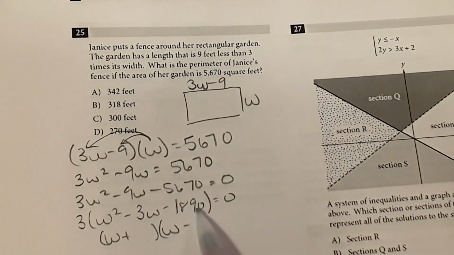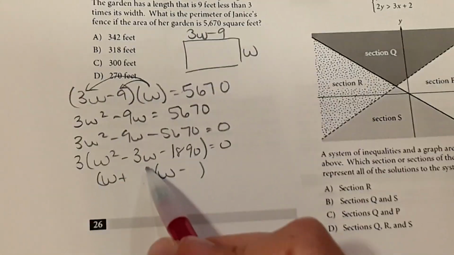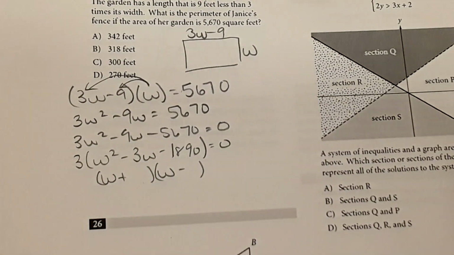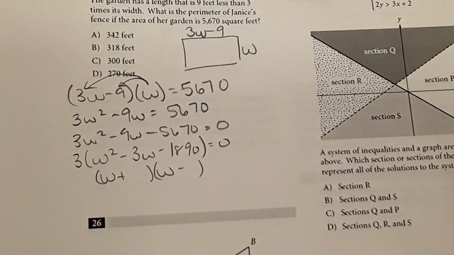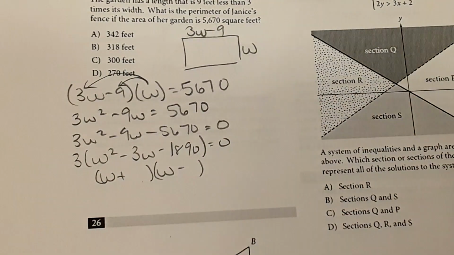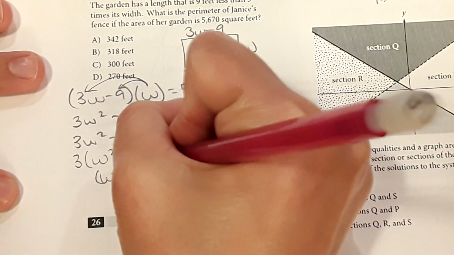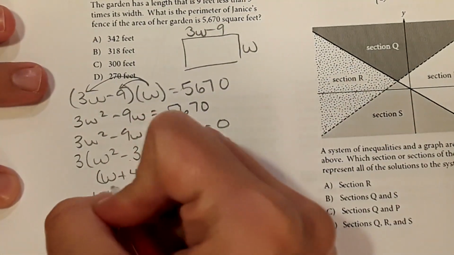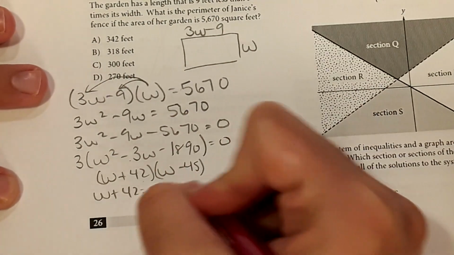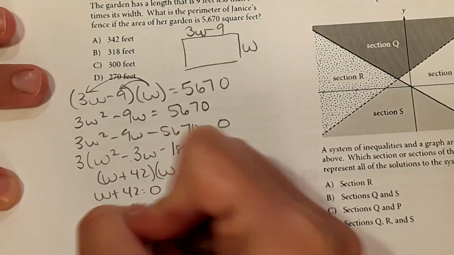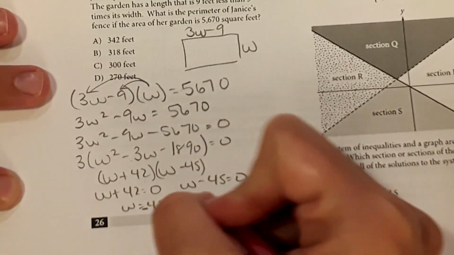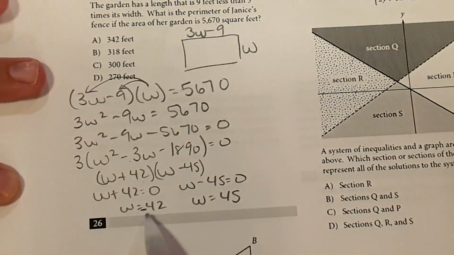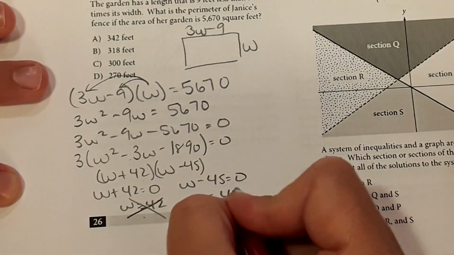What I need is two numbers that multiply to 1,890 and add to -3. It's going to take some guessing and checking to get these numbers, but once you do the guessing and checking, it comes out to 42 and 45 are the two numbers that you need. And it's plus 42 and minus 45. These numbers multiply to this and add to -3. Now we're going to set both of these equal to 0 and solve for w. The width or the distance of anything can't be negative, so this can't work, and this must be our width